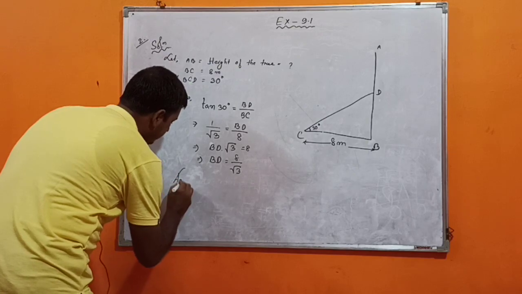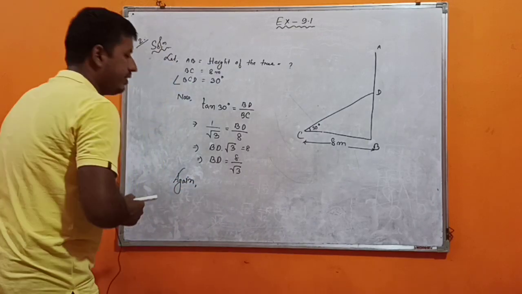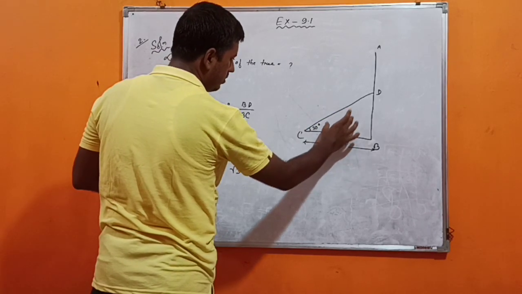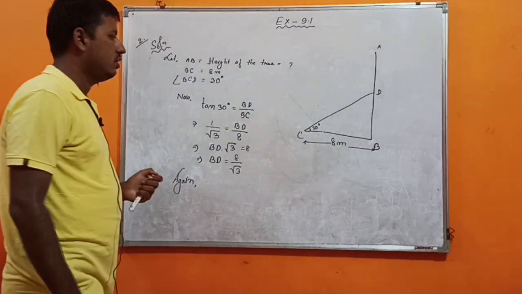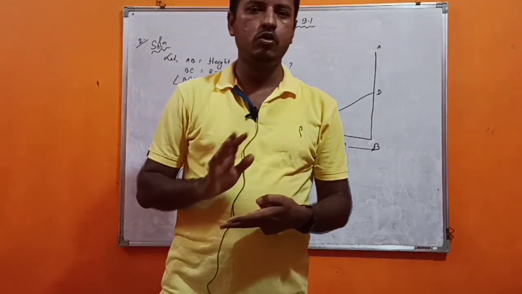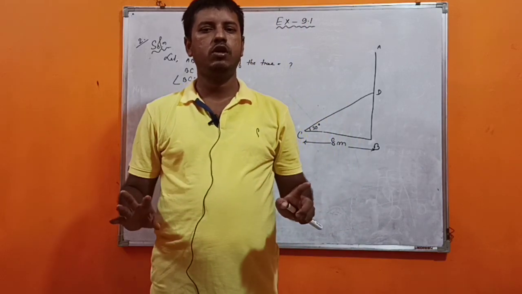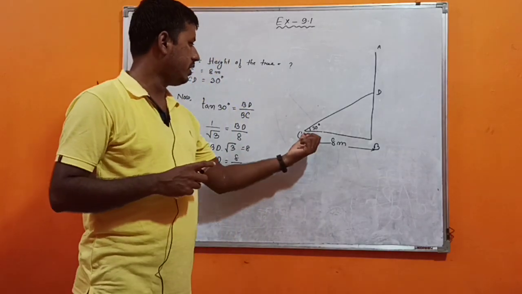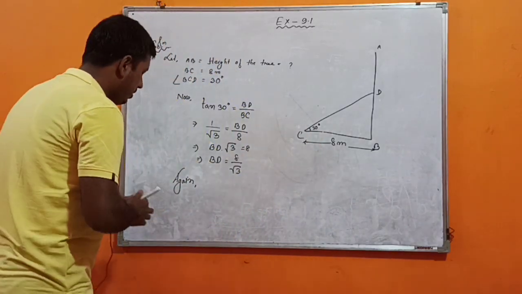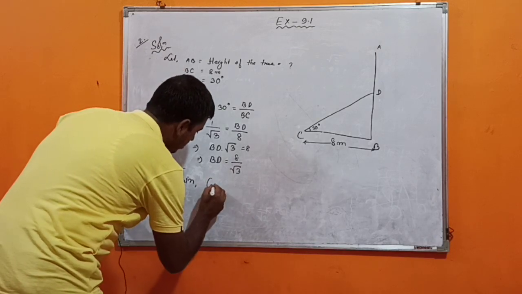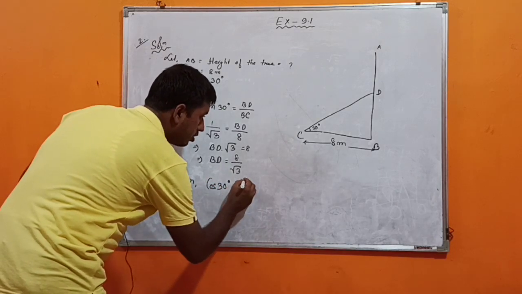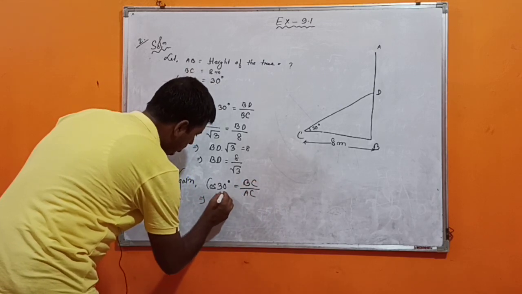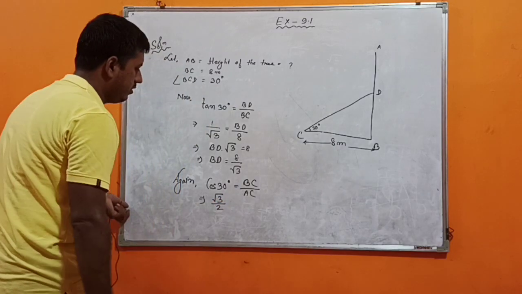Again, so look at this. To find CD, BC is given, that is base, and CD is hypotenuse. Okay, so base by hypotenuse, what was given? Cos is base by hypotenuse. Cos theta is equal to, and sec theta is equal to what? Reciprocal of cos. So we have to choose either cos 30 or sec 30. Now I am taking cos 30 degree. Cos 30 equal to base by hypotenuse, that is BC by CD. Cos 30 we all know root 3 by 2 from the table given in exercise 8.